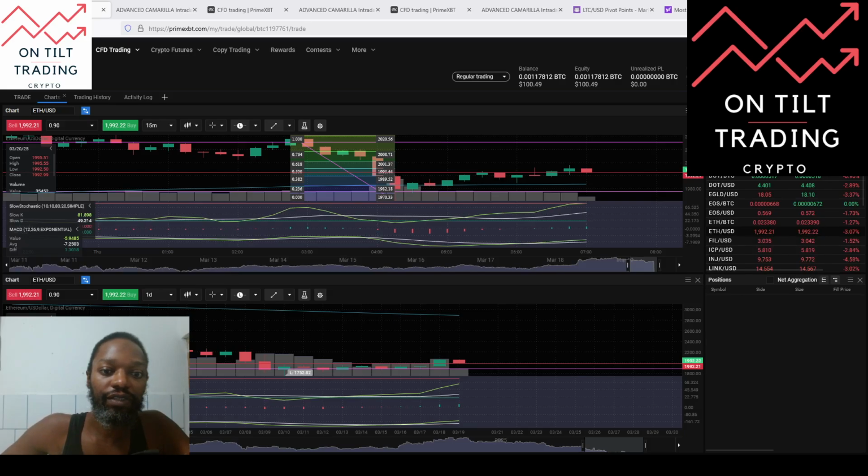Here on the 15-minute, we have buyers with some momentum and the MACD over the average. We're at overbought conditions. We're above the 200 EMA, but we're trading very close to it. And then there's an elevated volume profile on this candle that sold off below this S4 level. And based on my trading system, which is based off the Camarilla pivot points, anytime price action sells below the S4 level,